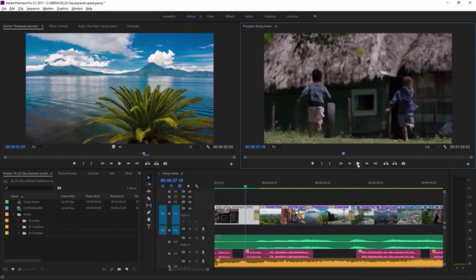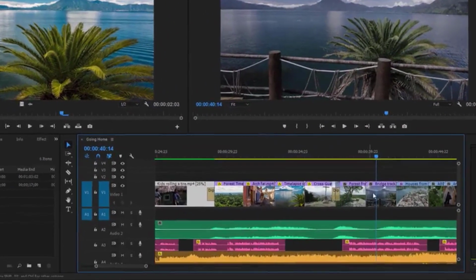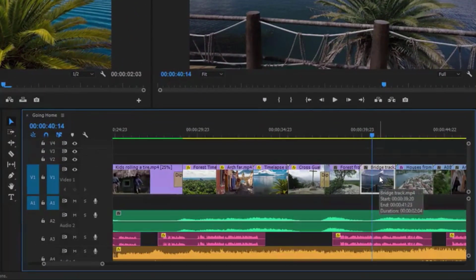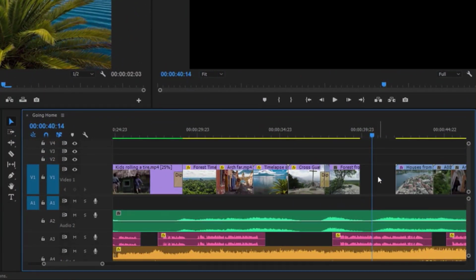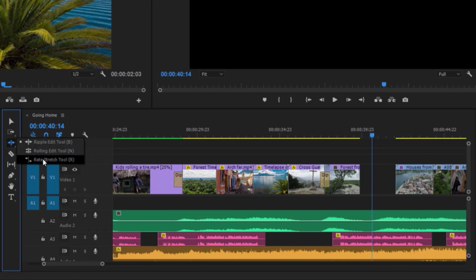Beautiful. There's a dedicated tool for changing the playback speed of clips too. A little later on the timeline here, I'm going to delete this bridge track clip. I'm just selecting it and pressing the delete key. And now I'm going to select the Rate Stretch tool, which is available by clicking and holding on the Ripple Edit tool. With this tool selected, if I trim a clip by clicking on the end of it and dragging,